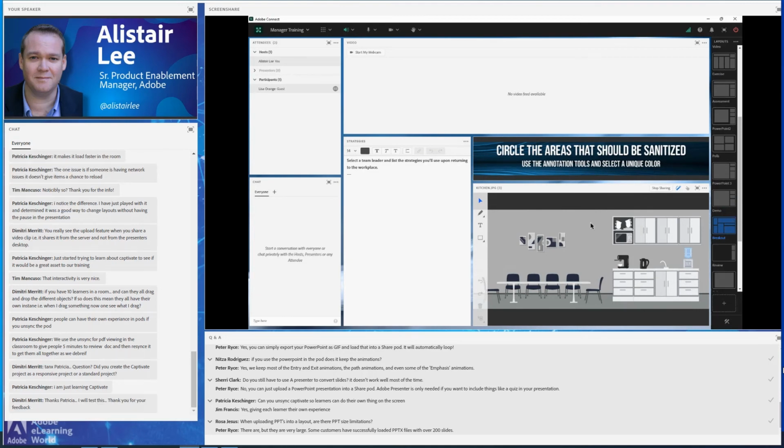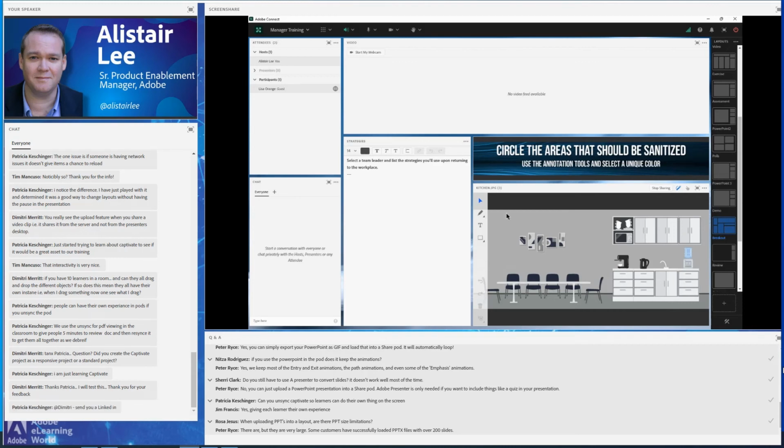One of the things that I'll point out here, though, while we're on this layout, is the pod down in the bottom right here is a share pod. And rather than having it display a PowerPoint file or a PDF document, we've just uploaded a JPEG to this. And we can use the whiteboard annotation tools to turn this into an exercise. In this case, it's an exercise that we might want to use for breakouts, where we can have our learners select, for example, one of the pen tools. A highlighter probably works best here.